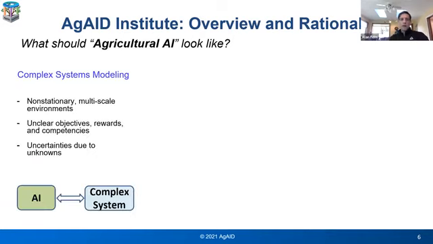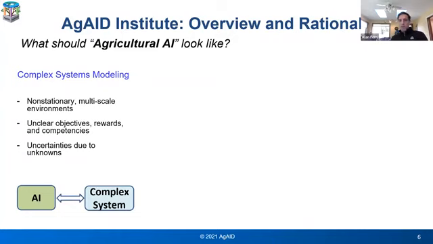What do we mean by that? And honestly, sometimes I don't even like to use the word AI. I'll use it in this talk, but really I like to talk about the specific problems that need to be addressed. And one of the problems that we have to address, so again, this is at a very high level, is there's a lot of modeling of complex systems that needs to be done in agriculture. So you might be trying to model the state of a plant. You might be trying to model the water, the moisture content in a field at any particular time, given the data you have. You might be trying to model